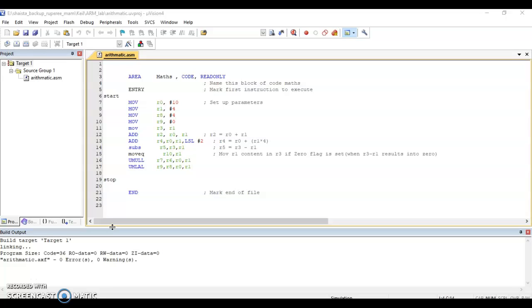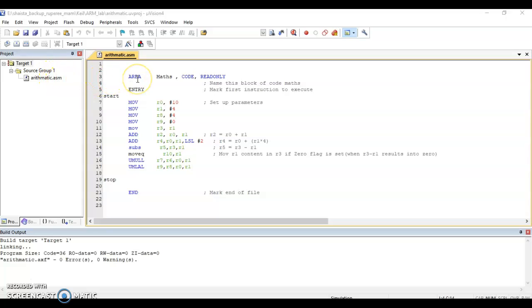Today we'll see how to execute a program of ARM in Keil 4. The link to download Keil 4 is given in the description box of this video. You can download it, and the procedure is exactly the same as how we do it for 8051. The only difference is that when we select a chip, we select an ARM IC, ARM7. After that I have created a file and then saved it as .asm.